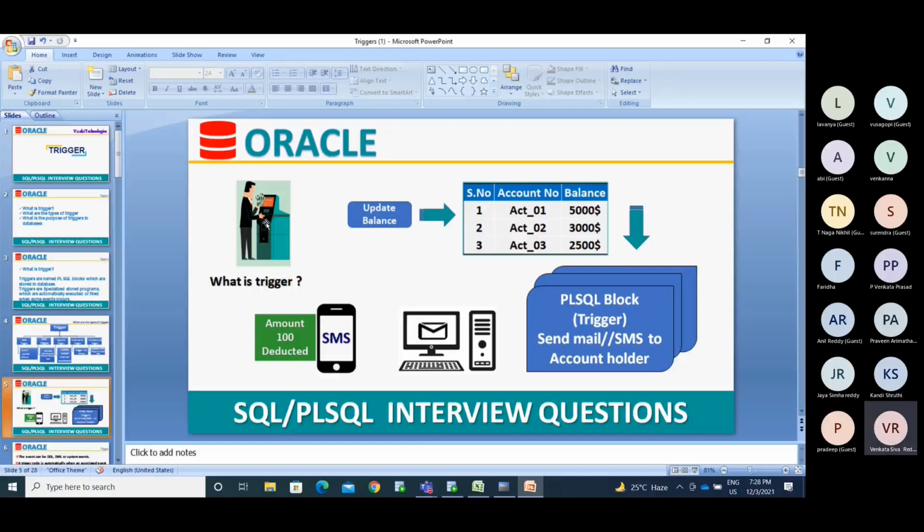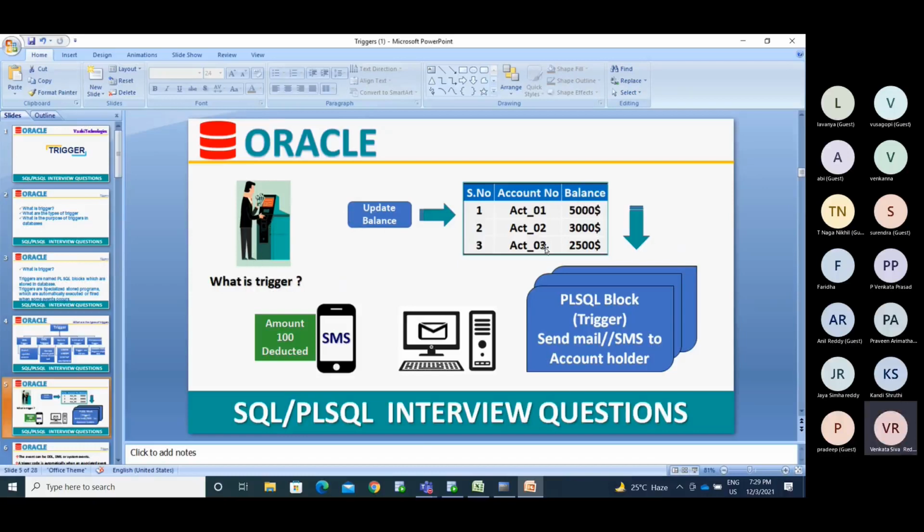For a deposit, the deposit amount is added to the account balance. So the balance is updated as part of the transaction, with this statement.